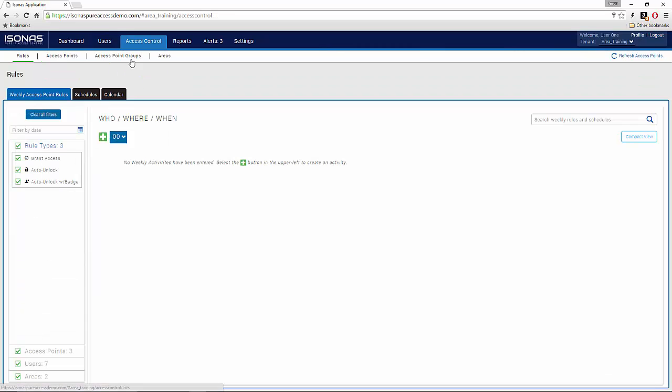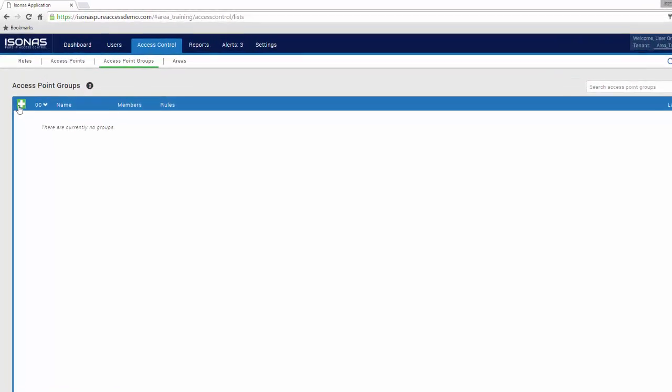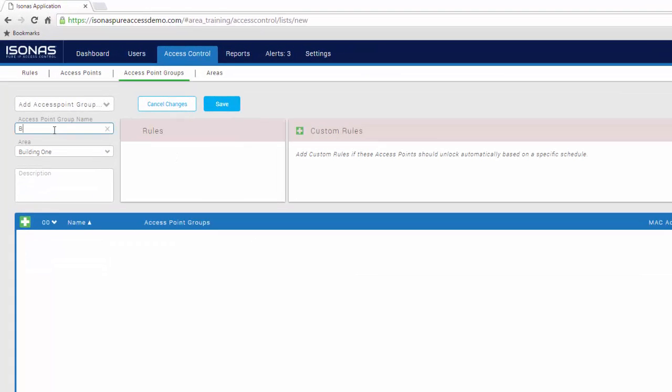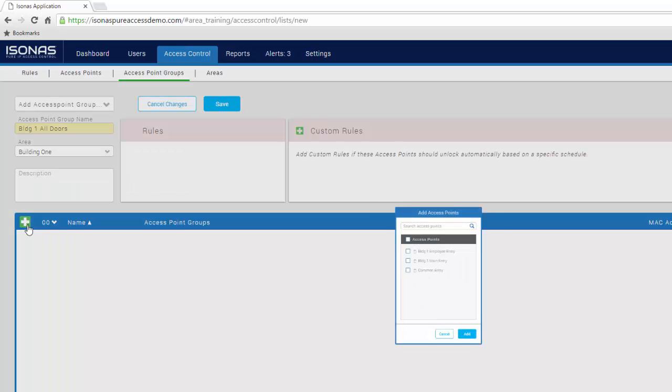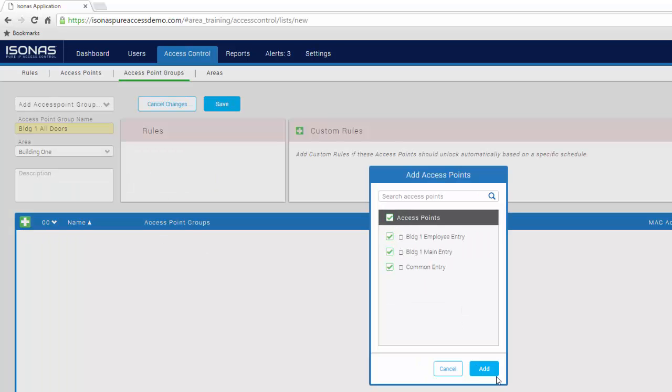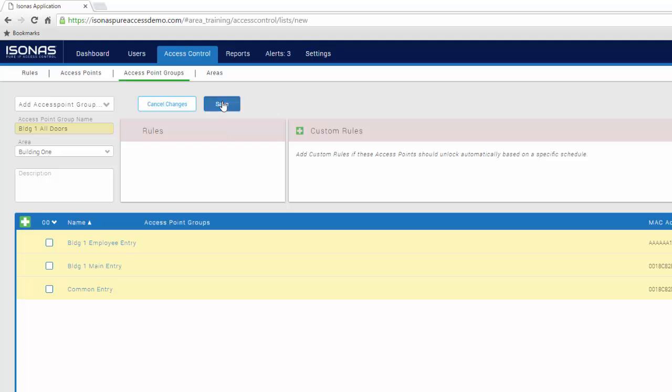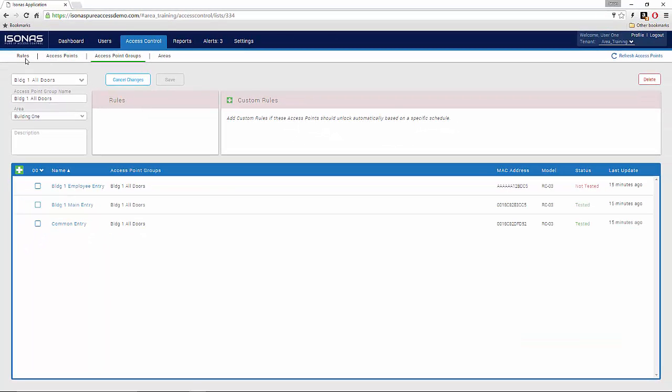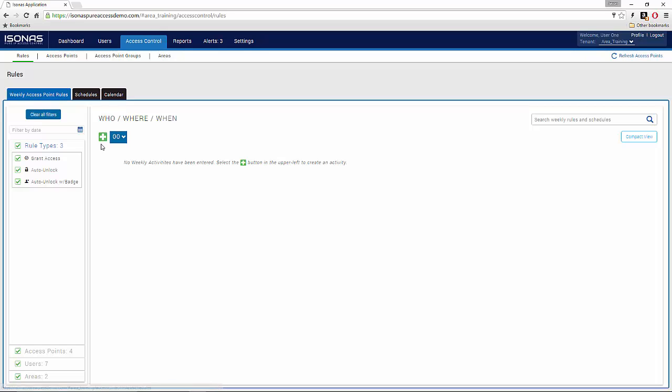Finally, the last piece is the where, so I'm going to go ahead and create an access point group. I'm going to call this building 1 all doors. Make sure it's in my building 1 area. Perfect. And we'll go ahead and add these doors in. Now that I have all 3 items complete, I can go ahead and create that rule,